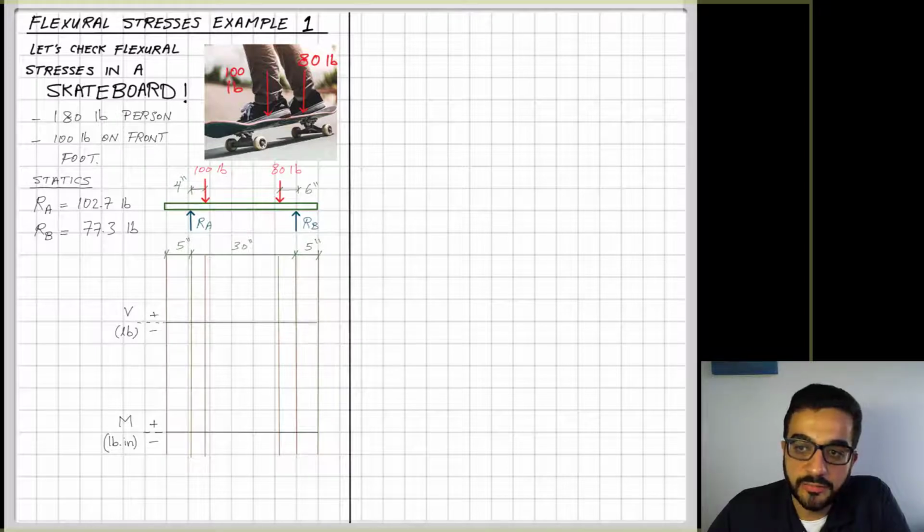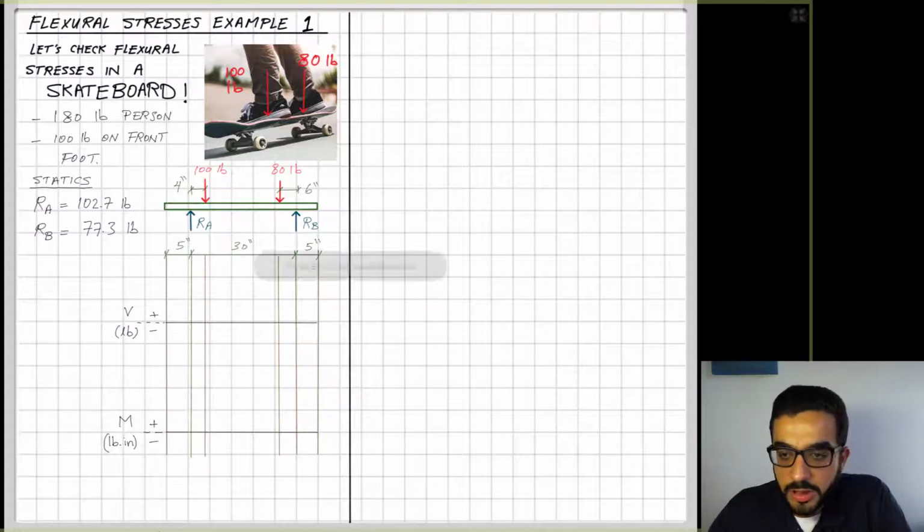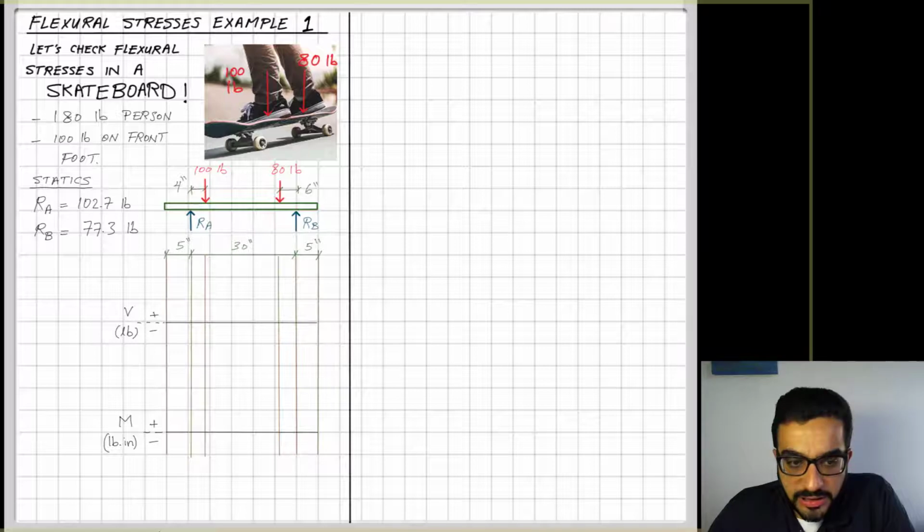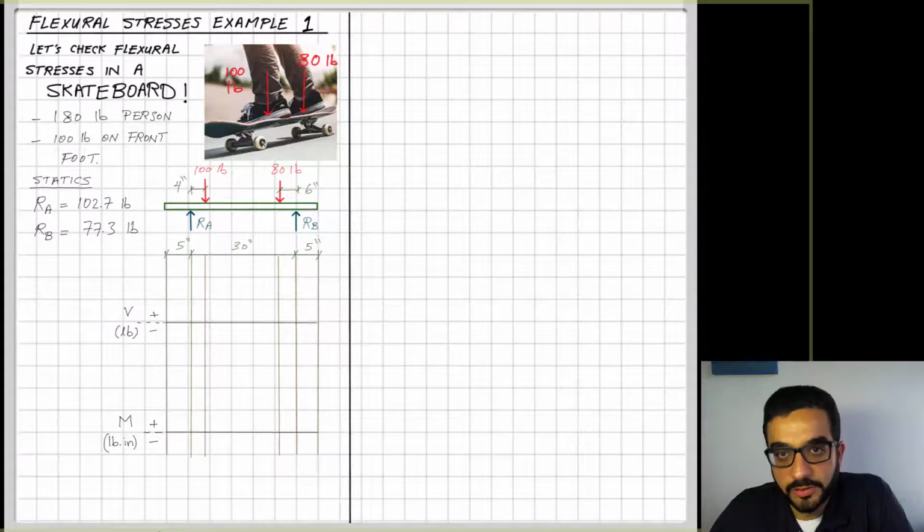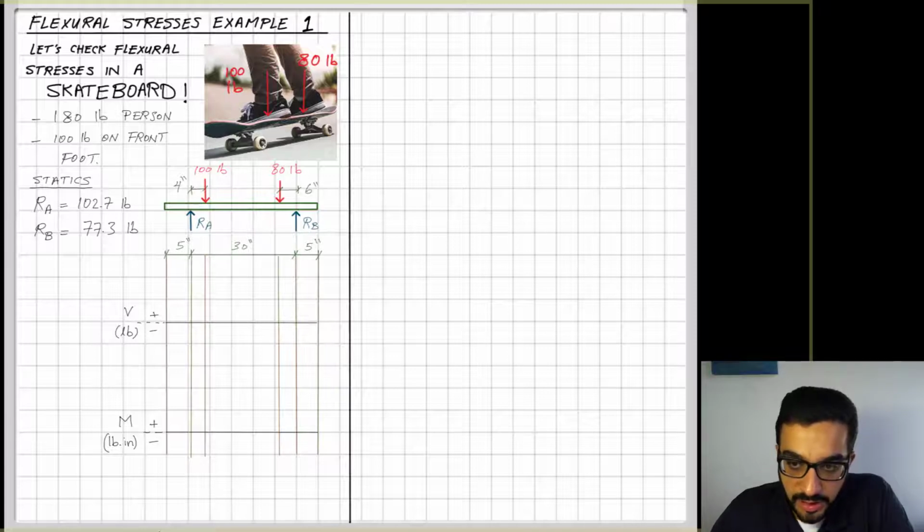The cantilever ends of the skateboard, like the really front and back parts of it, I don't have any action happening there, so I will ignore that part up to the reaction RA on the left, and the other part, the opposite edge of the skateboard, up to the reaction RB. So starting from the left, we start drawing shear and moment diagrams from the left. I start from 0 and I hit RA, so I will jump by